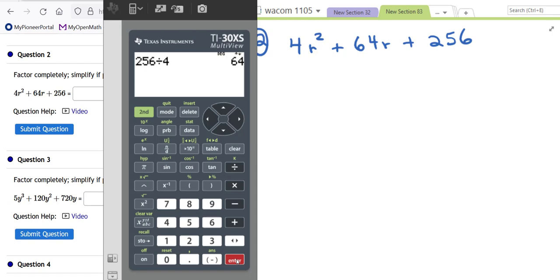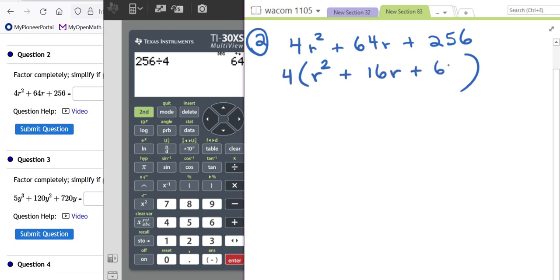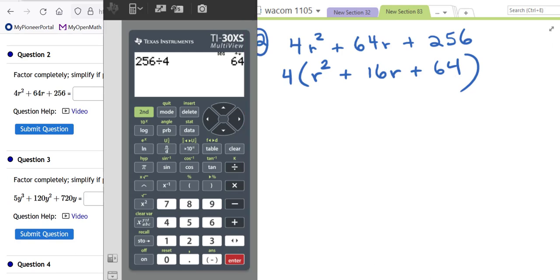So we're going to do a GCF first of 4. Remember, GCF is one set of parentheses. So we have r squared plus, 4 goes into 64 16 times. And this one we said is 64. All right, and now,